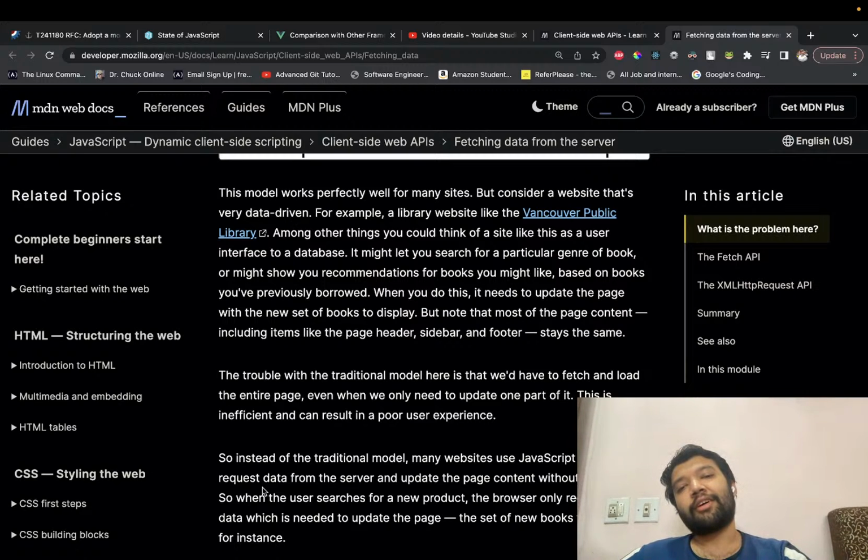This model works perfectly well for many sites, but consider a website that is very data driven. For example, a library website like